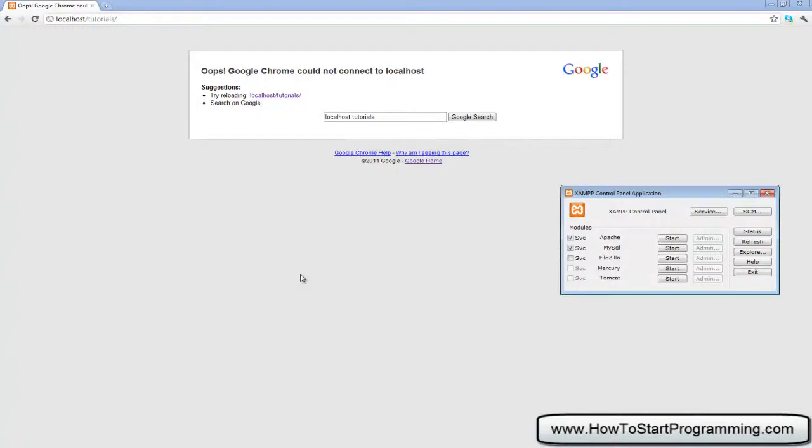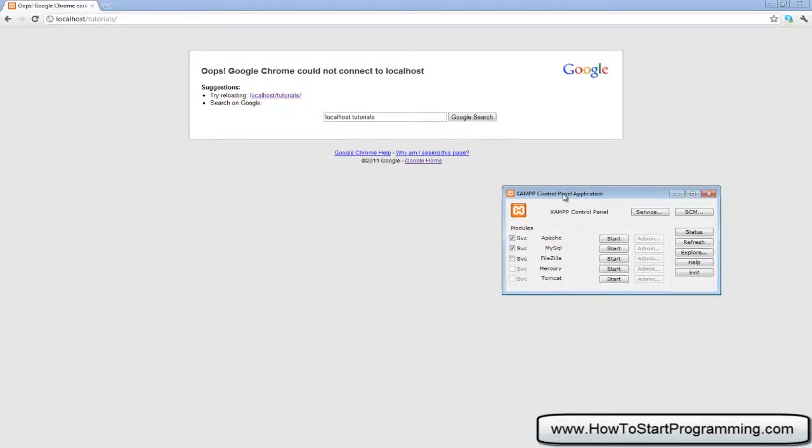Today we'll be looking at the PHP syntax. We will be outputting just some simple text to the browser, but we're going to look at the fundamentals of the PHP syntax. So before we start this tutorial, you need to ensure that you have XAMPP installed and just